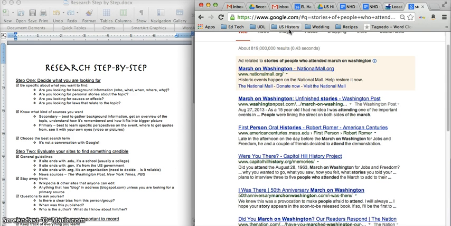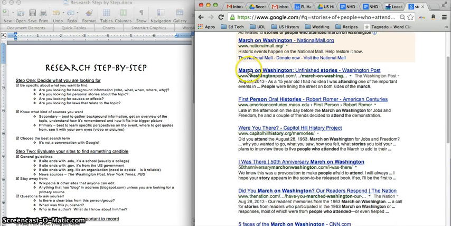When I type that in, the first thing that comes up is from the Washington Post. The second thing that comes up is from a school. And I see here that there's something called I Was There. And so all of a sudden I think I already have better results